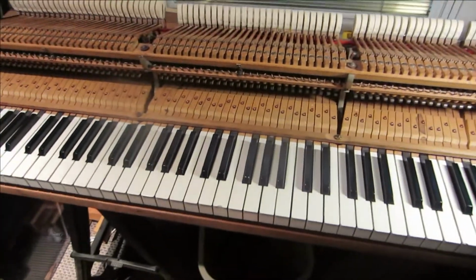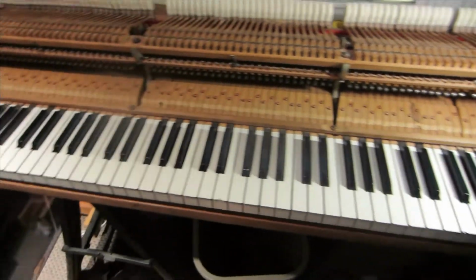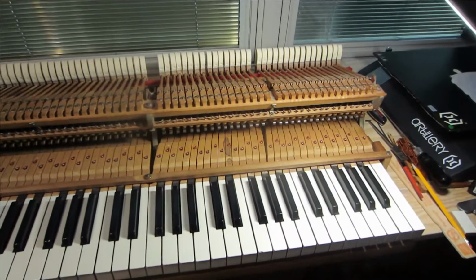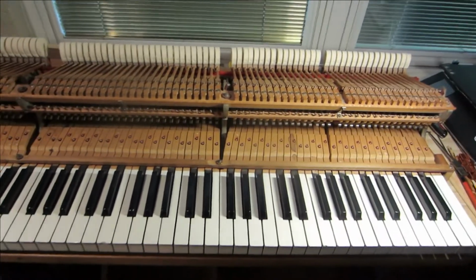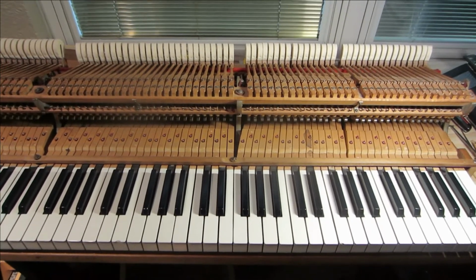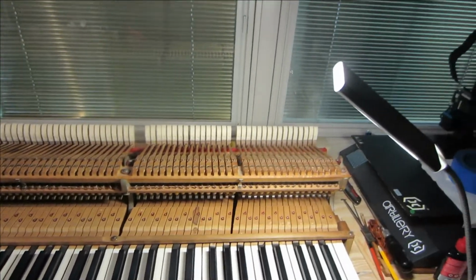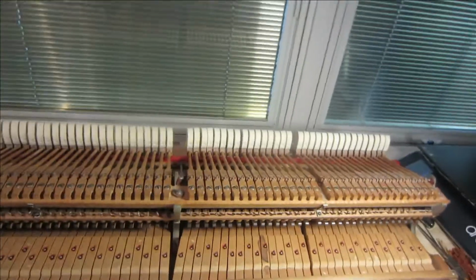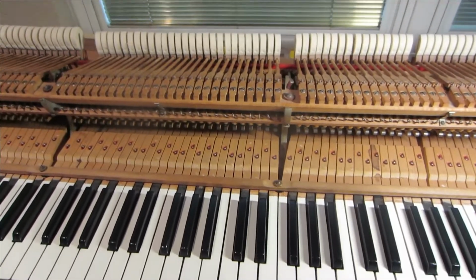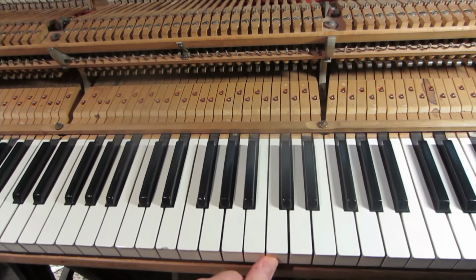So my next project here is to refurbish the whole action and then regulate it. So hopefully everything will be smooth and easy to move when it's in the piano and hitting the strings. First thing I gotta do though is see if I can improve the felt, like the bushings here, so that